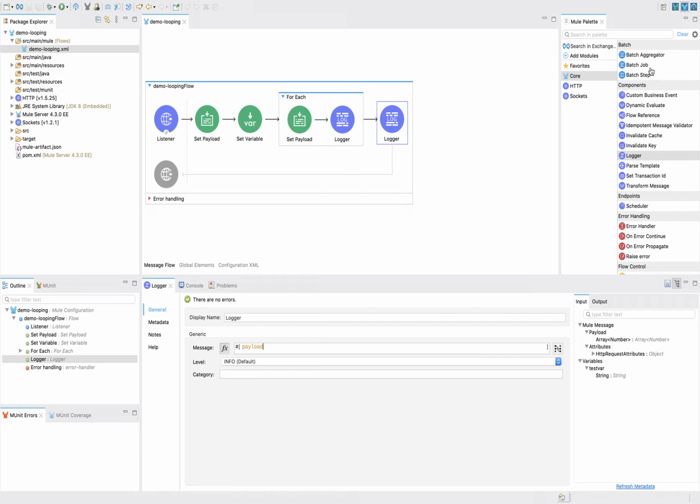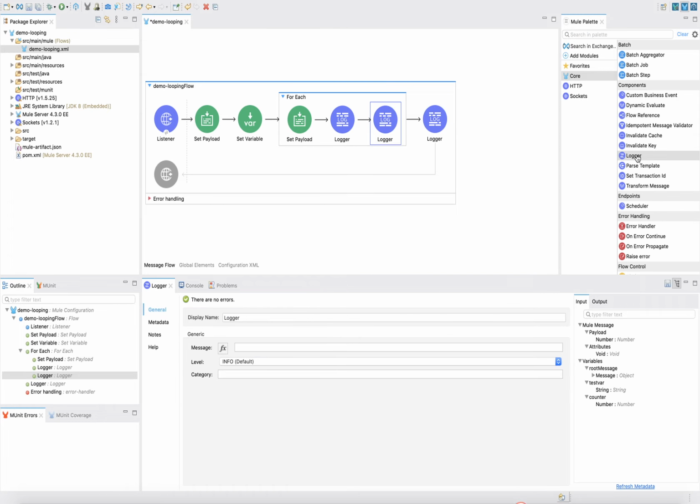This one is for payload, and we'll take one more logger for the variable to see how the variable behaves inside the loop and after the loop.